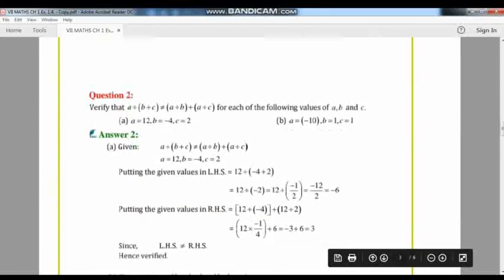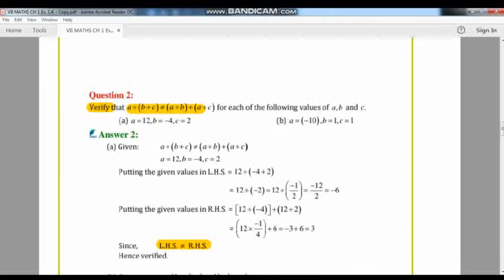Coming at question number 2, here it is asked us to verify. Now I have already cleared that whenever it is asked to verify, at that moment we always have to go for the LHS equal to RHS type of rule. Now what we have to verify over here is that A divided by B plus C will be not equal to A divided by B plus A divided by C. Now from where has this come? It is first of all A divided by B, then putting the positive sign and then dividing A with the C.